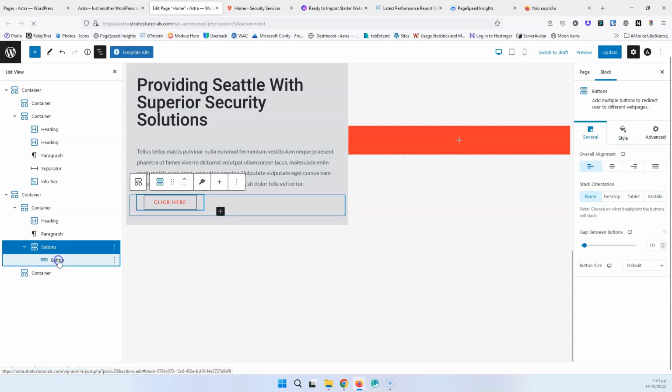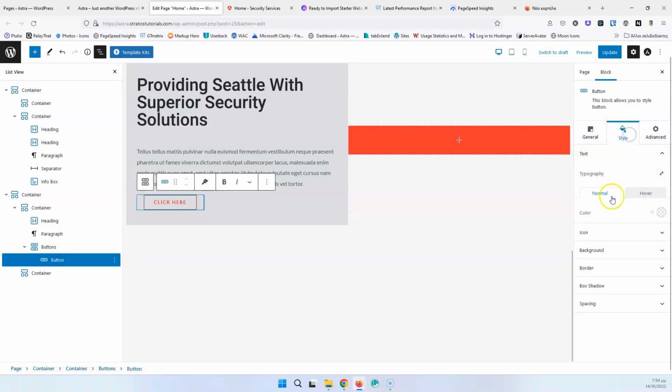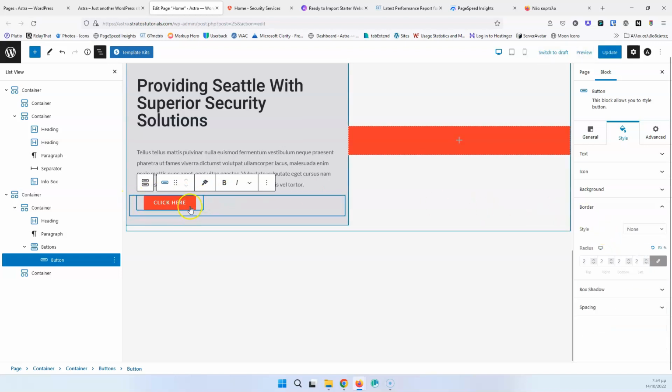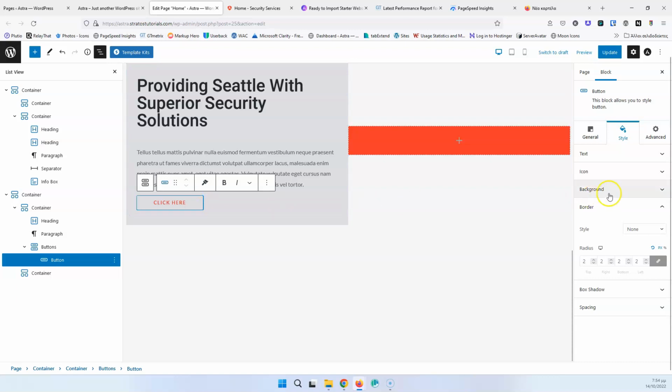So let's choose the button. And let's go into the style. We need to change the border, and I'm going to remove the color here. And of course, we can select none as the border style. After that, the blue is just because this element is selected, it's not for the border. After that, we have the background color that adds when you hover over. So we go for the background, we have the color, and this is blank, but if we select the hover,